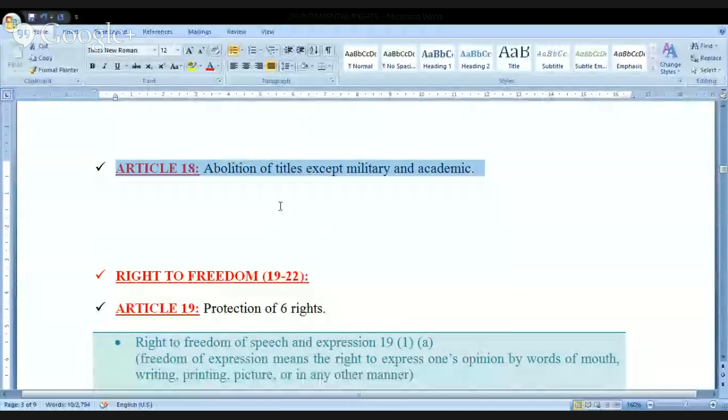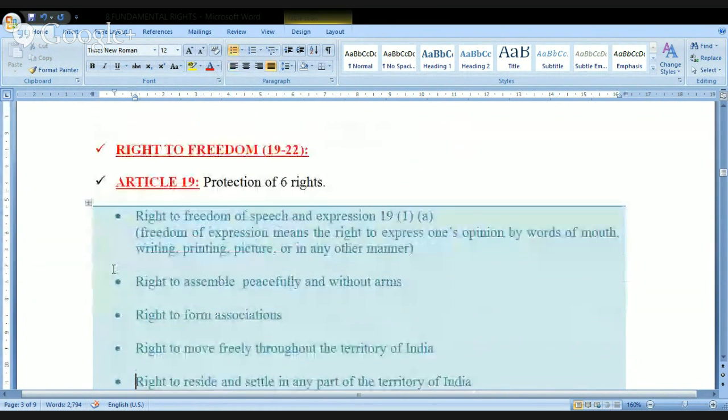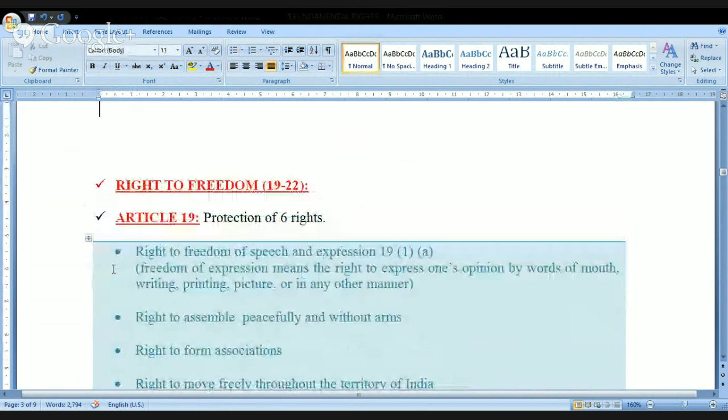Now, with this, we have seen Articles 14, 15, 16, 17, and 18. All of them put together is called the right to equality. And these are the things mentioned in the fundamental rights. Number one, that is nothing but equality before law. Am I clear? When we meet tomorrow, we'll discuss the remaining things, the right to freedom and all the things. But kindly remember whatever I told you just now, kindly recollect this.